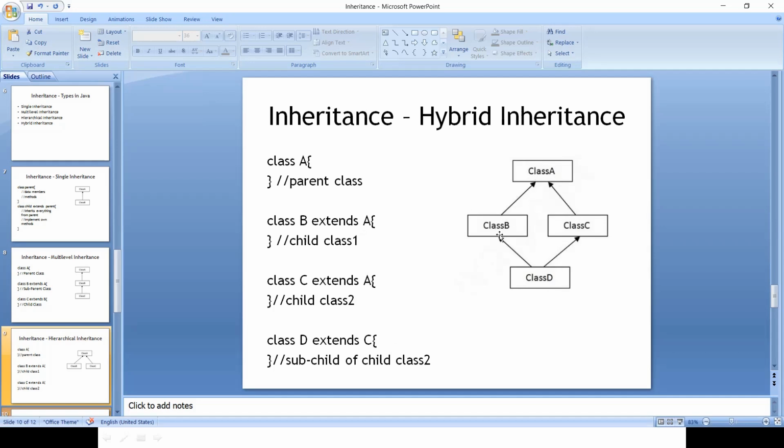So now there are these two different classes, class B and class C, that are extending class A. Now there is another class D which can extend either class C or class B, right? So depending upon the requirement, this class D can either extend class C or class B. So whomsoever it extends, it's going to inherit the properties of class A. So this is the requirement.